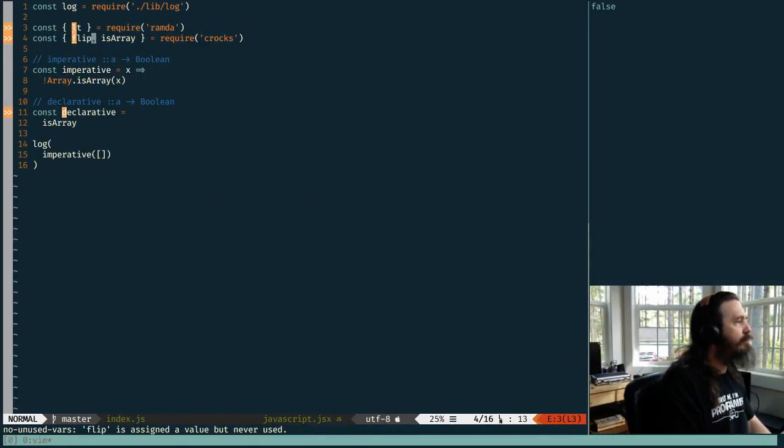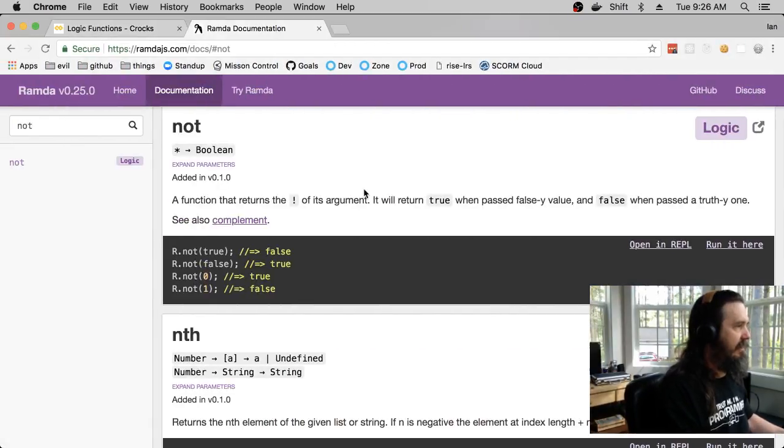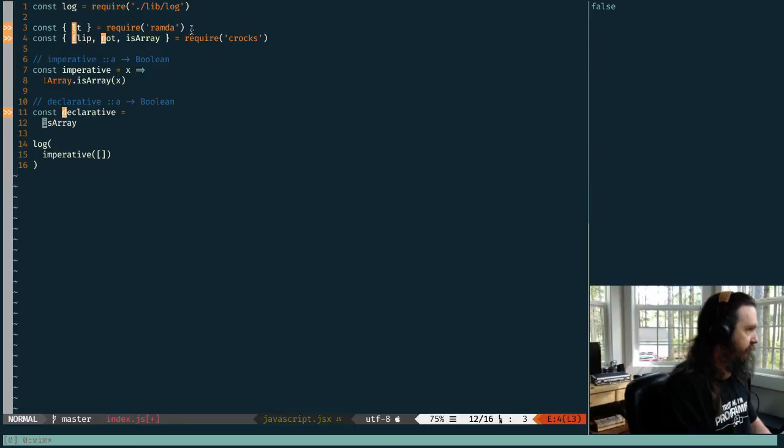If you're used to using Ramda, this might look a little funny to you because this would actually be the complement. So what we'll do here is just to make this an actual not, that's all we really have to do. So we pass this a predicate, and what it's going to do is take the value that it receives